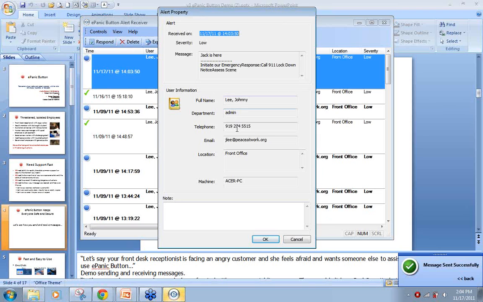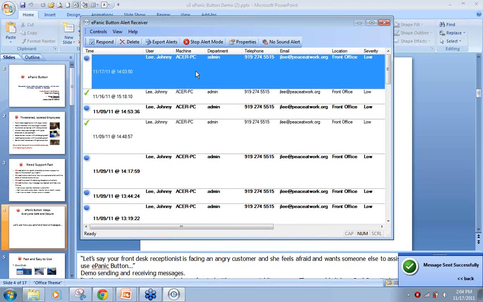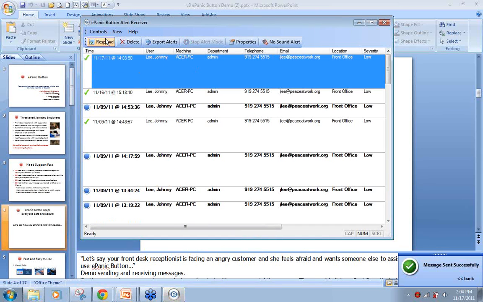So Johnny at the admin department, at the front office, he's saying Jack is here, and he's asking us to initiate our emergency response. Call 911, lockdown. Get the assessment team here as well. Well, I'm the security guard. I want the parking attendant to know that I got the message, so I'm going to click respond. This stops the flashing and beeping, and it also,